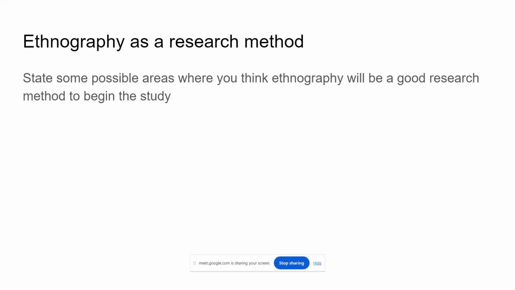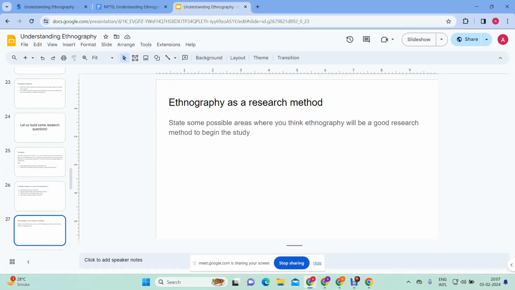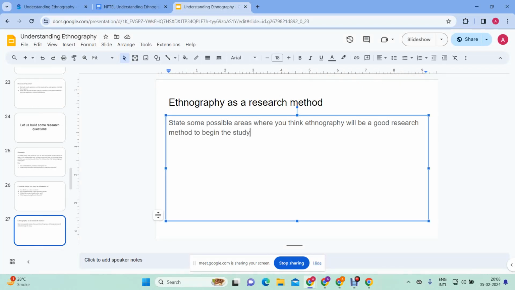So now I really want you to think of maybe one or more areas where you think an ethnography research would work. So basically, before doing that, you have already told me an area that might be very interesting to do an ethnographic research in. So that was the